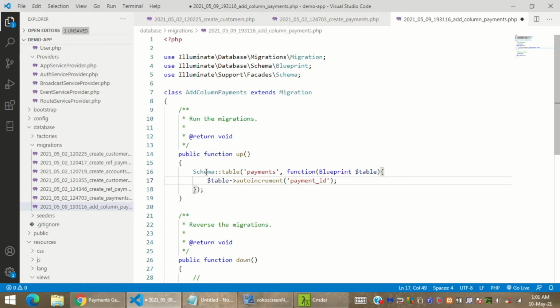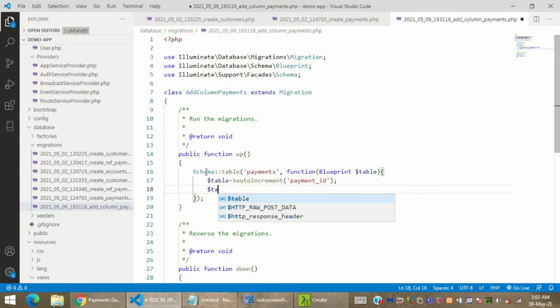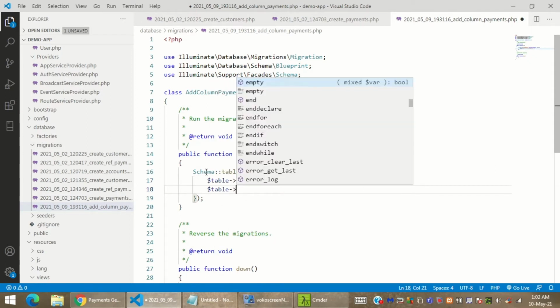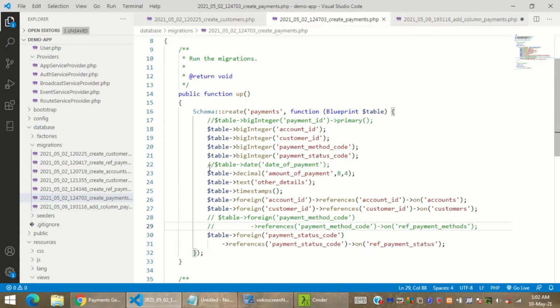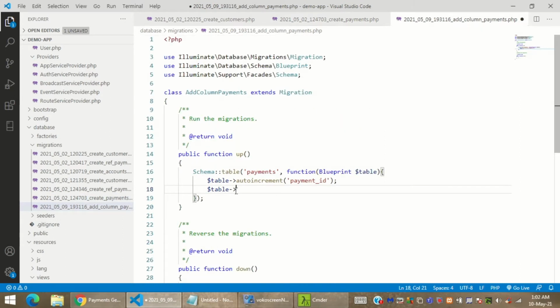But this syntax is somewhat incorrect according to the Laravel doc. If you want to put auto increment, just type auto increment with no arguments in it. So if you are doing it this way, it's incorrect.